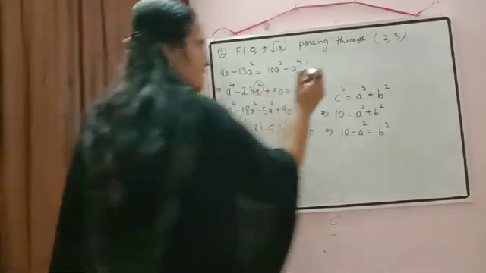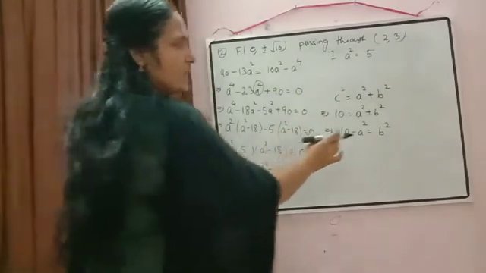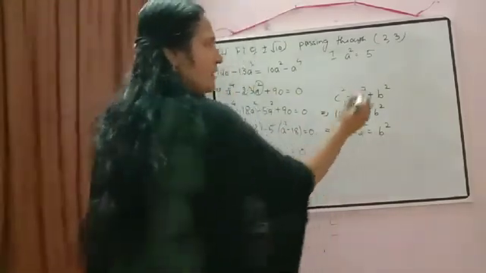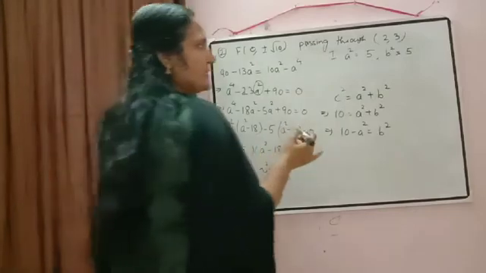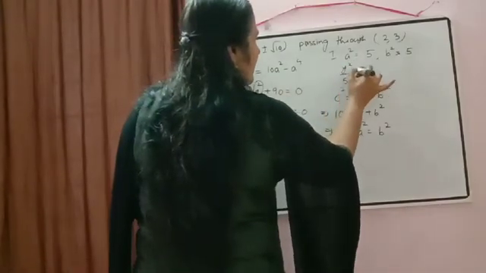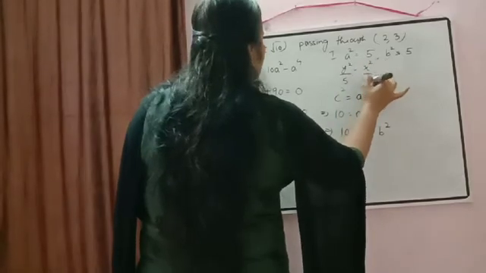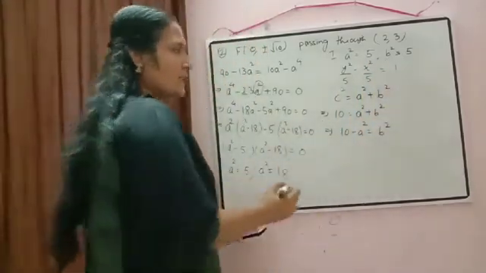So first case there. Okay. First I am taking a square is equal to 5. So if a square is equal to 5, from here what will be the value of b square? 10 minus 5. So b square also will be equal to 5. So in this case our equation of hyperbola will be y square by 5 minus x square by 5 is equal to 1. Okay, first case.